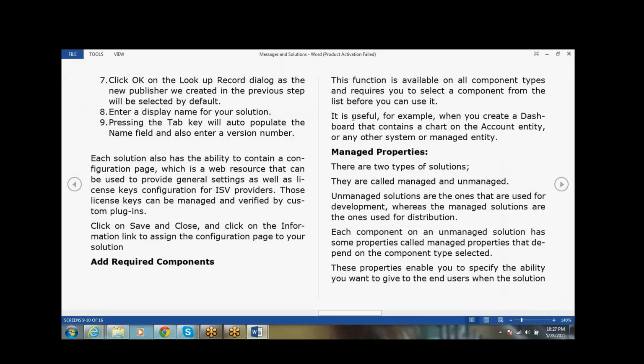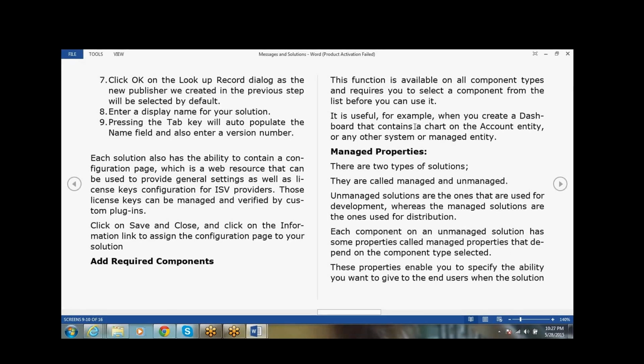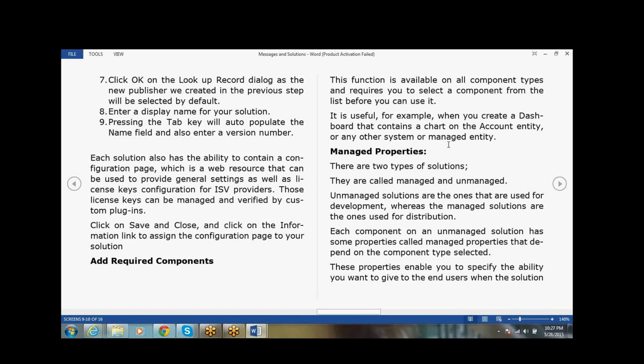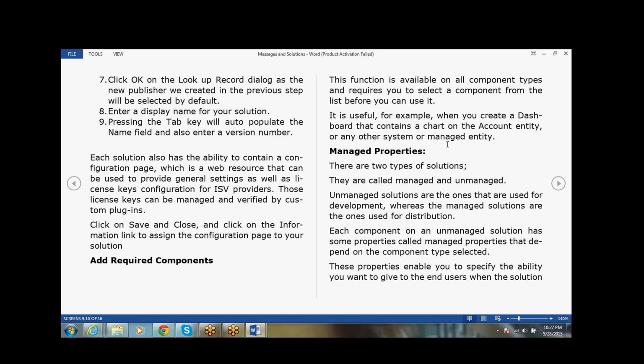It is useful, for example, when you create a dashboard that contains charts and the account entity, or other system-managed entities. Here it will display the required components when you import this solution to another environment.